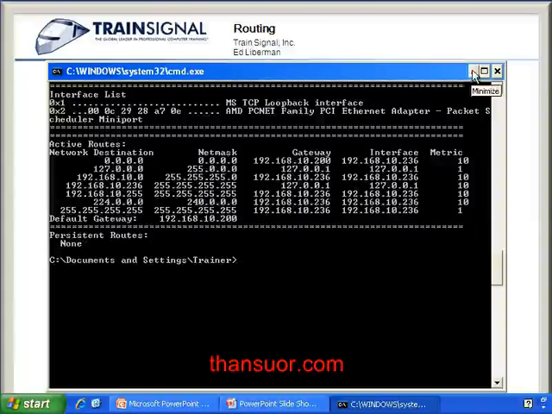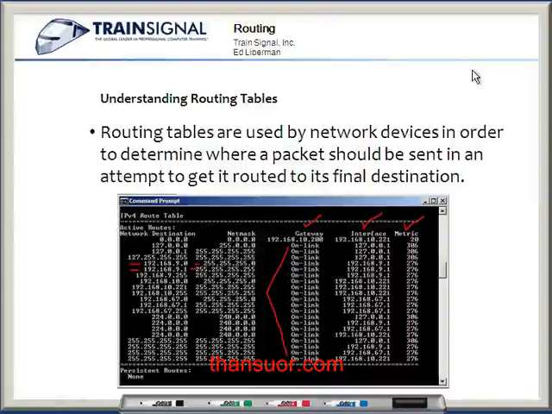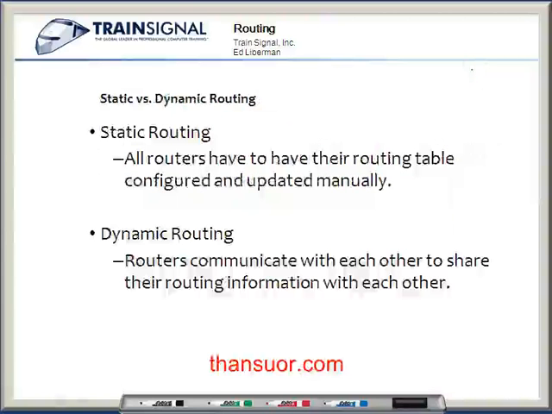Alright, so let's go ahead and put our command prompt window away and continue on here. Let's talk a little bit about static versus dynamic routing. Well, with static routing, all routers have to have their routing tables configured and updated manually. In other words, every entry in the routing table will be added manually, just like we were doing a moment ago. And it'll work just like what we saw a moment ago, meaning a typical router will have some entries